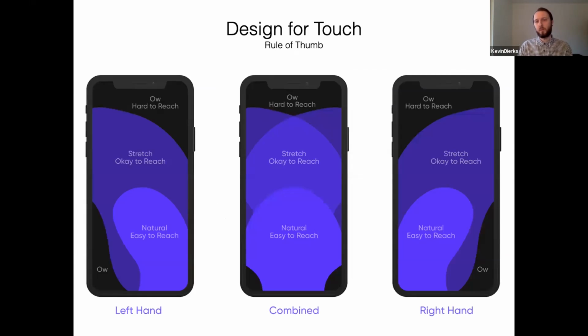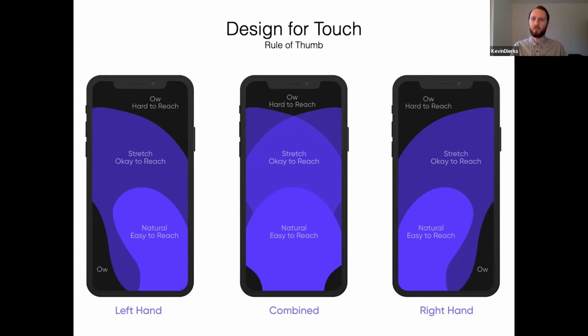Also important, since we were just talking about index fingers, is using your thumb, right? This changed a little bit because devices got much larger, but back in the day, I think Apple tried to design the iPhone so that everything is reachable by moving the thumb. And you can see that here. You have zones that are natural or easy to reach at the bottom, where you can easily stretch with your thumb.